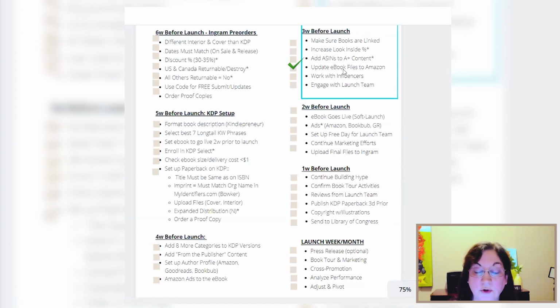So you want to make sure you go back and make any changes you might have made to your ebook or to your print book based on, you received your print copy. Whoops, I forgot this. I found some errors. You're going to go back to your designer and you're going to have them corrected. You want to make sure you take those corrected files and update the ebook as well as the paperback. That way, when everything goes live and it's published, it's going to have the correct content there.